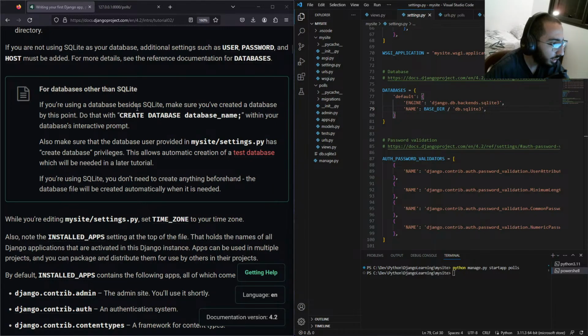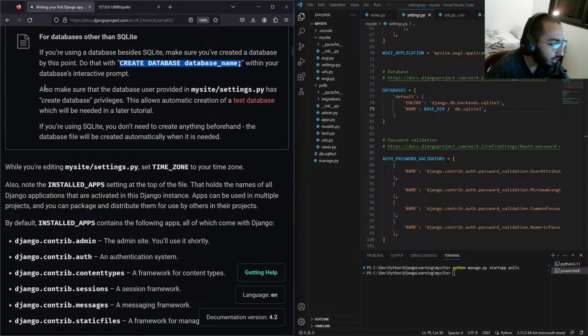If you're using a database besides SQLite, make sure you have created a database by this point. Do that with CREATE DATABASE name; so this is SQL code as far as my knowledge goes, within your database's interactive prompt. Also make sure that the database user provided in mysite/settings.py